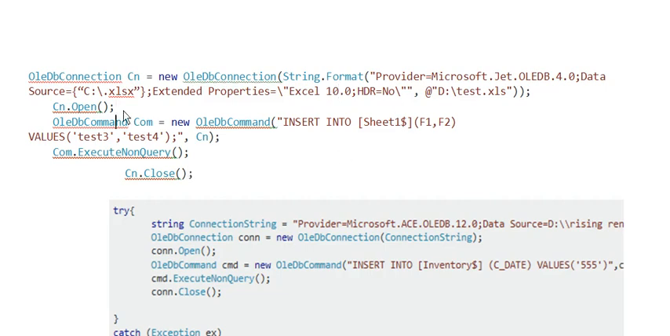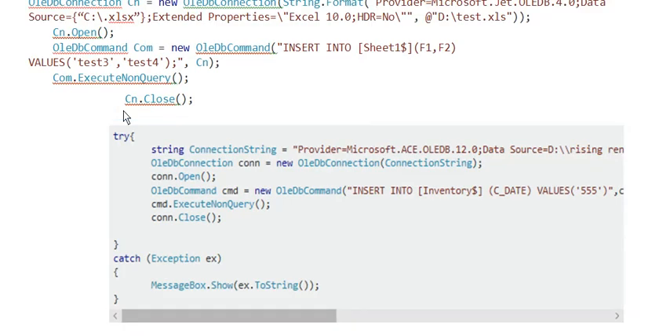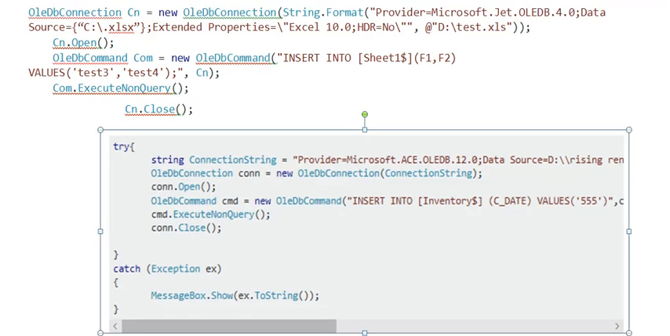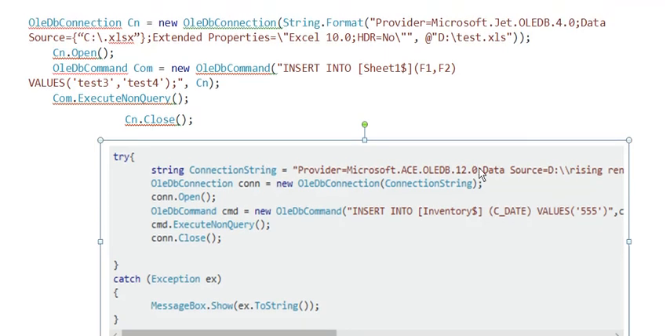If you are using a Blue Prism code stage, the connection will be opened, then you insert, then execute non-query, and then the connection is closed. In the same way you can use try and catch. You can use insert, update, delete and select. The queries may be different, but whenever you are using